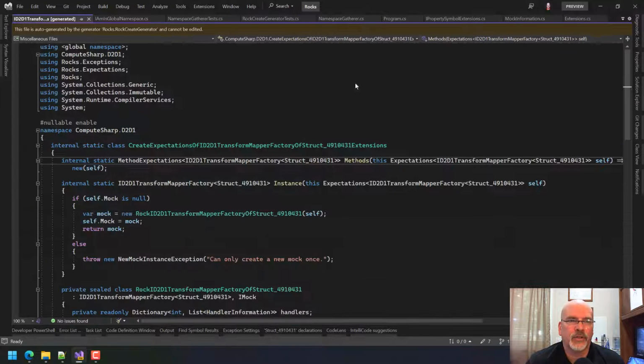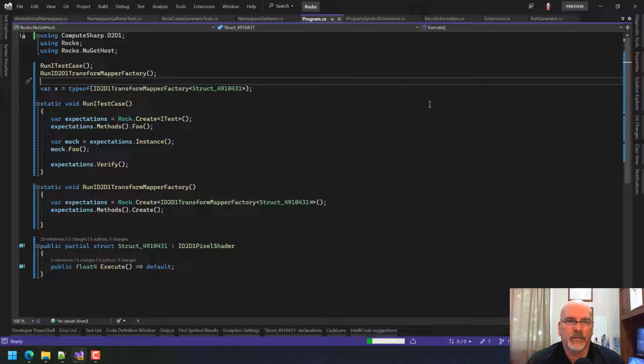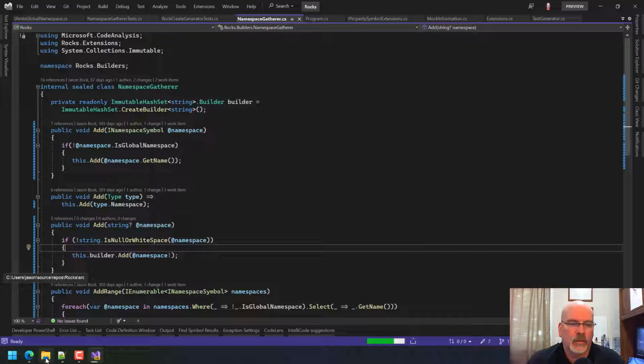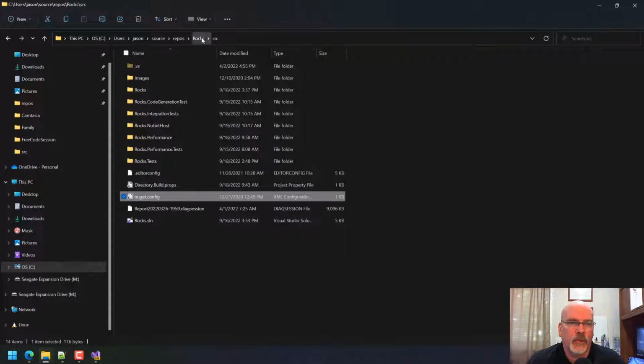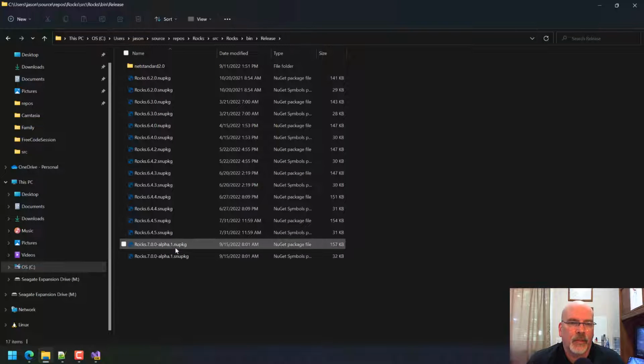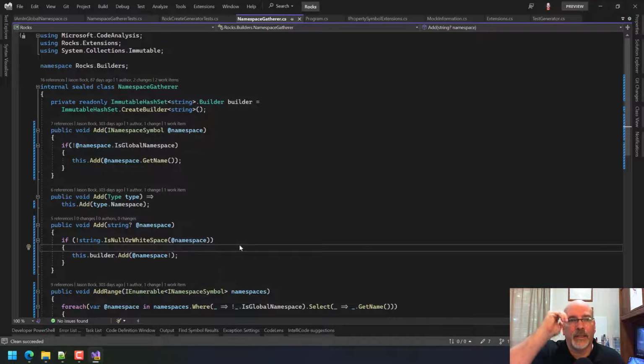Oh, man. So let's shut down startup again and let's see if that gets rid of the global namespace. If not, I know I can look for that text and see where it is coming from. So hold on. Okay, it's still doing it. And I want to make sure, I just did a build clean. Okay. So now if I look in rocks, source, rocks, bin. Oh, I forgot, release. Yeah, this is from like 4 days ago. It's looking at that directory, which